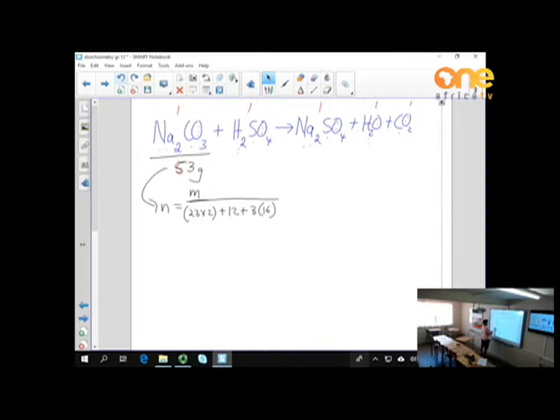There we have the molecular mass. So we have 53 over, let's just work that one out, 46 plus 12 plus 48 is equal to 106. So the number of moles is 0.5 moles. Now the next question that they ask us